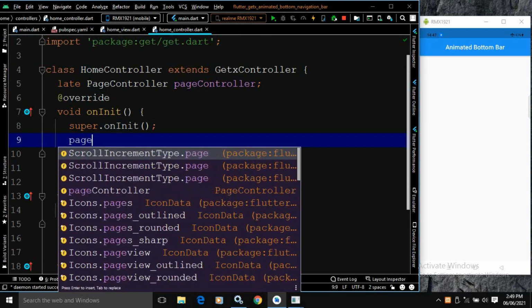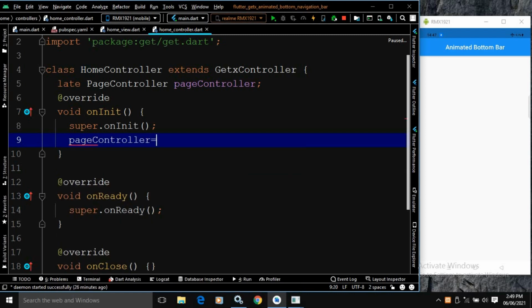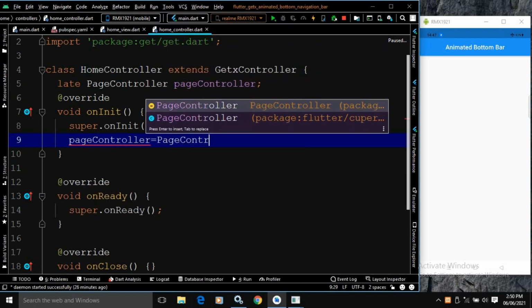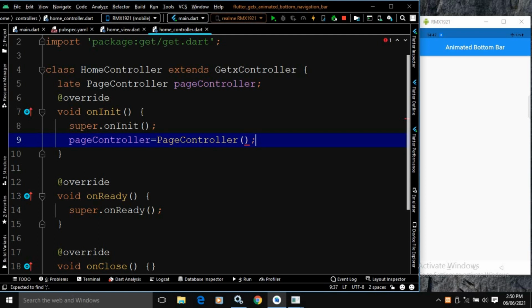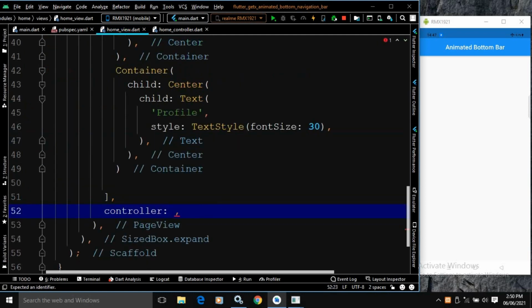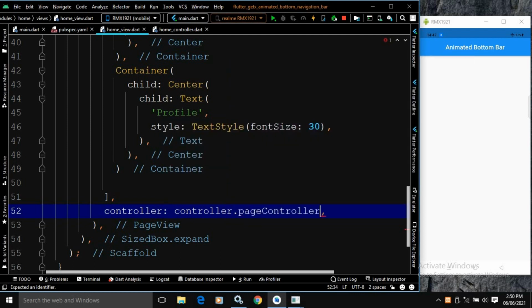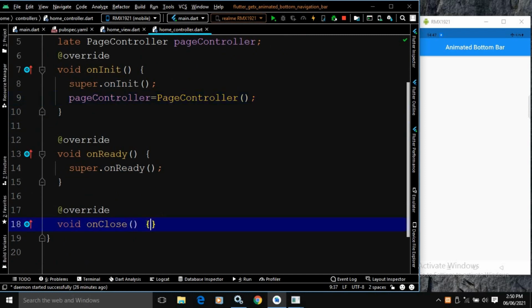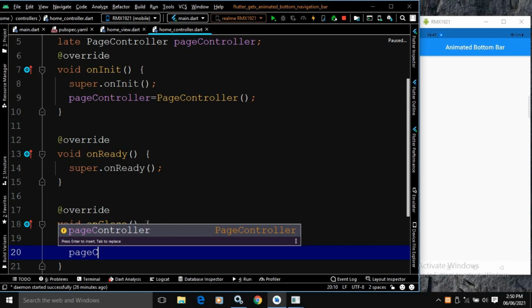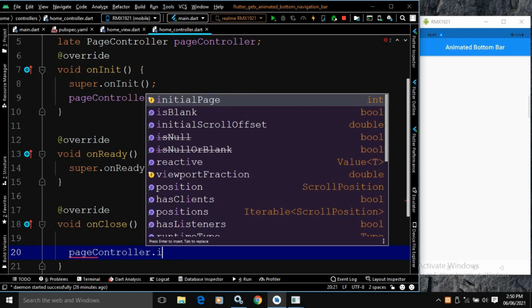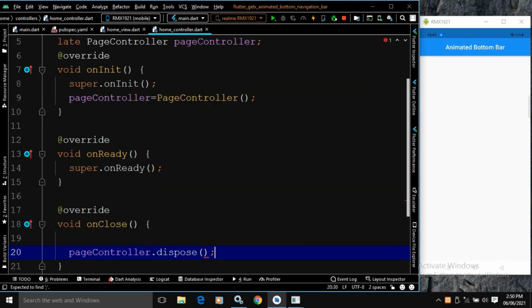So here I will write pageController equals PageController, right? And in the home view, here in the controller I will write controller.pageController. Okay. And in the home controller, in the onClose method I will dispose the controller as well. So here I will write pageController.dispose, right?